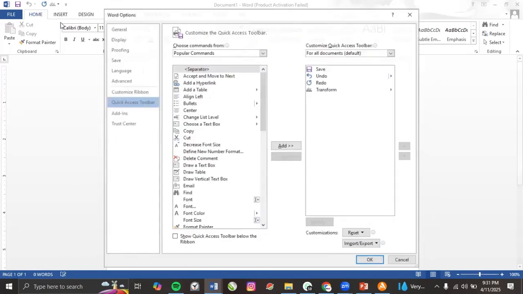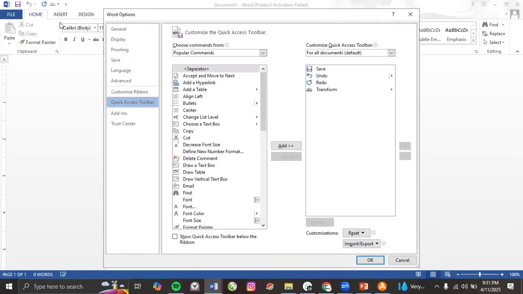You click on it, a normal click and not a right click. When you come here, all the ribbons that have been set to the quick access toolbar are displayed here. You also see them here, arranged in order. The first one here is save. Here we have save, like that, the word transform. If I want to remove transform, I click on transform and I click on the remove button